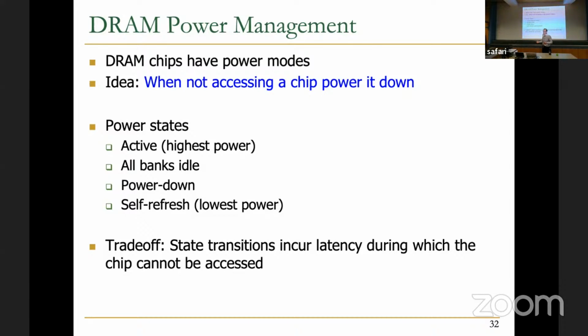But basically, these two are very, very similar with small differences. You can read the standard. Self-refresh says, I'm going to turn off everything except for the refresh circuitry. So all banks idle is actually you turn off all of the row buffers, but not the other circuitry that enables you to activate the DRAM. So activation circuitry is still on. So there's a lot of leakage that happens in that circuitry also. Does that make sense? Here you turn off even the activation circuitry, so you need to actually power that up so that you can access it in self-refresh mode. So for example, my phone right now is probably in self-refresh over here, hopefully, if the memory controller is doing